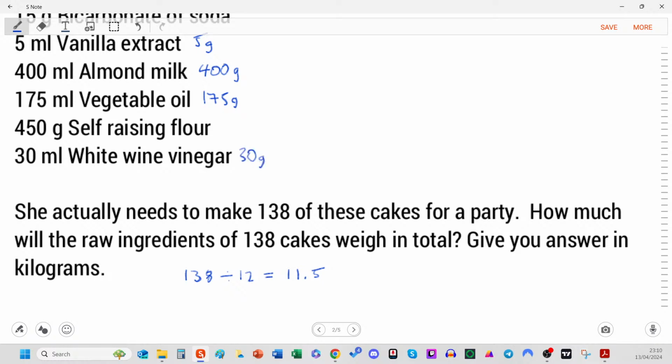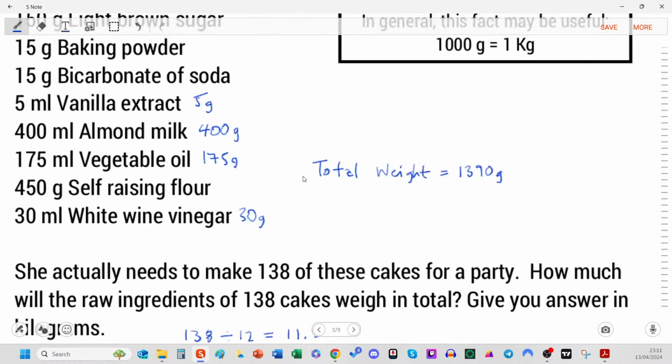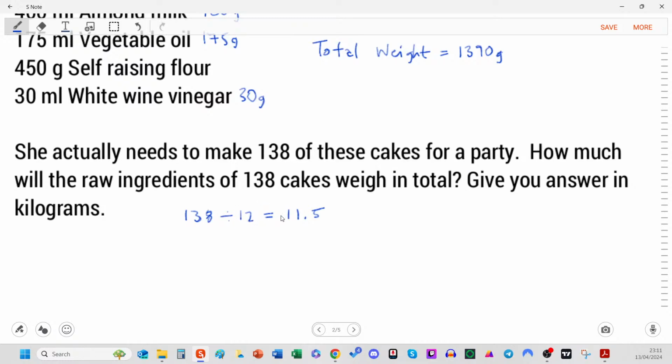So we're going to have a total weight here. I've done a little bit of the legwork earlier. When we add it all together, that actually comes to 1390 grams. That's the total weight of what we have here. Our next stage is to figure out the scaled amount, because we have a total of the ingredients and a scale factor of 11.5, meaning we need 11.5 times more. So 1390